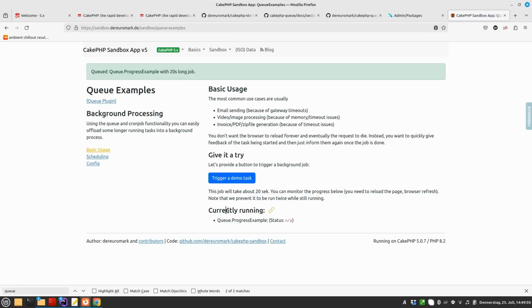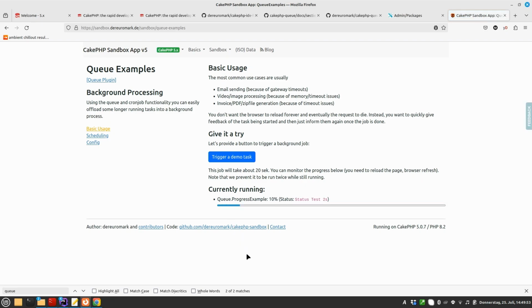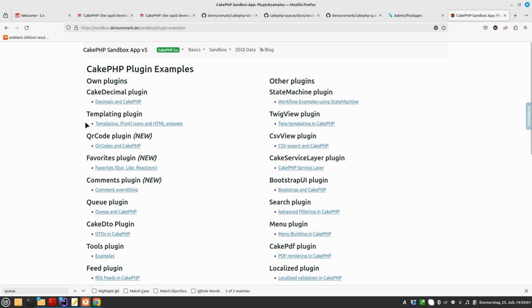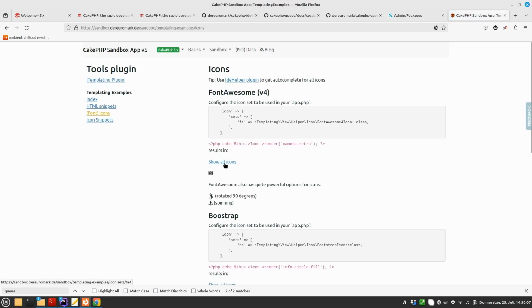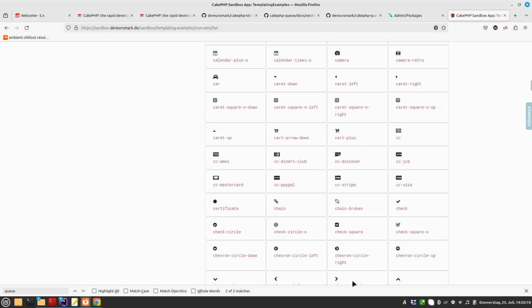You can download it, you can run it locally. Sometimes it's nice to just look at it and see that, oh yeah, okay, cool. If I press F5, I can see the status of the queue task in the background and follow that along. So for all of these things, templating, you can see all the icons that are available. I'm sometimes going here and just showing all the possible icons, quickly searching through. Font awesome, material, bootstrap. So yeah, I recommend also looking into the sandbox, maybe adding your own plugins. There are quite a few, but maybe you want to add whatever you want to showcase, and